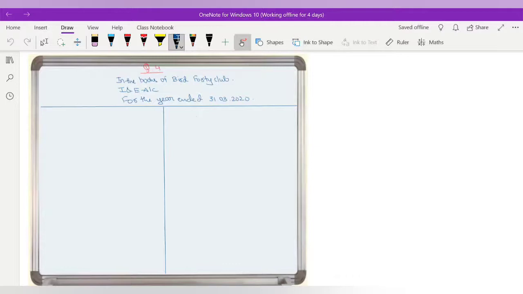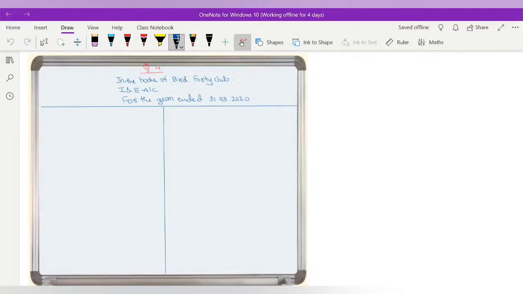After that, what we have seen in your receipts and payment account, all the receipts and payments relating to the current year or previous year or next year, all these things will come. Whereas in your income and expenditure account, it is equal to a profit and loss account. It contains current year revenue expenses and current year revenue incomes. Ultimately, we will get the profit or loss, that is termed as surplus or deficit, that will be transferred to your balance sheet and added to the capital fund, right?